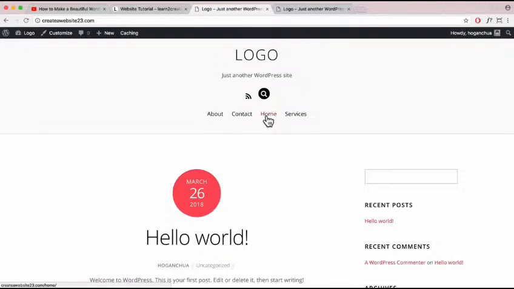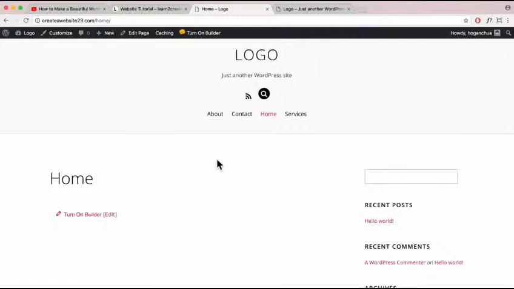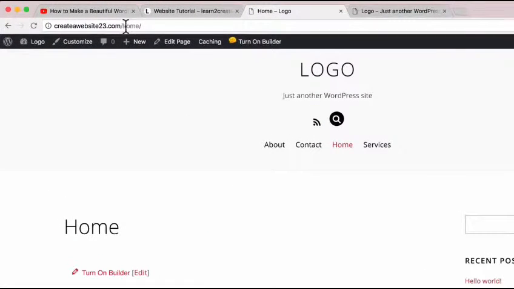Okay, so if you actually click on the home page by selecting there, then you'll see that it says /home. What we want to do is make sure this home page is just set as our domain URL only. So click on customize,